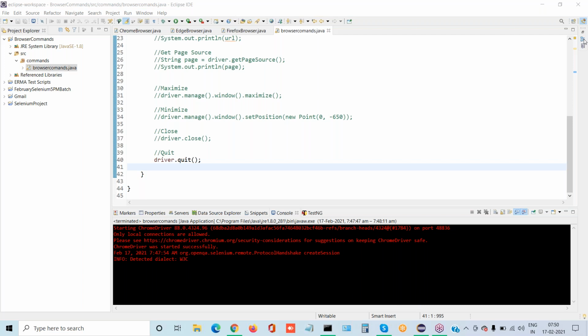Sir, for every coding, every script, we have to maintain comments. Yes, comments, according to that. So in your test case, they say to maximize the window. In that case, what command do you need to use? Maximize the window. In your test case, they do not give the command. I'm asking about the comment. You need to follow the comment.